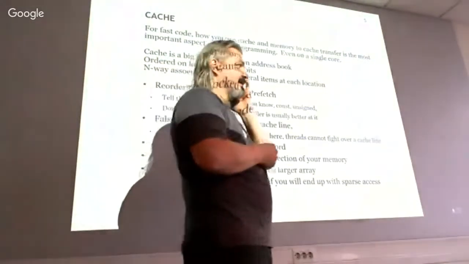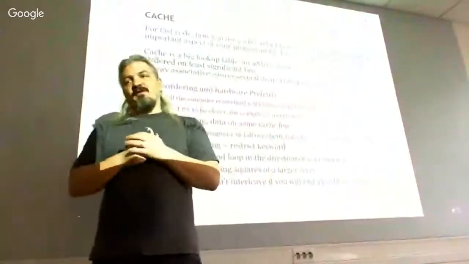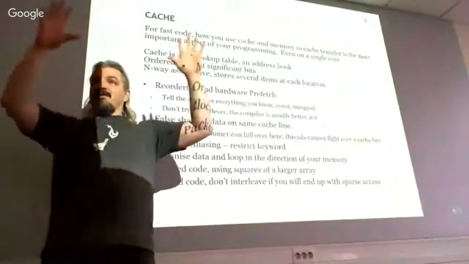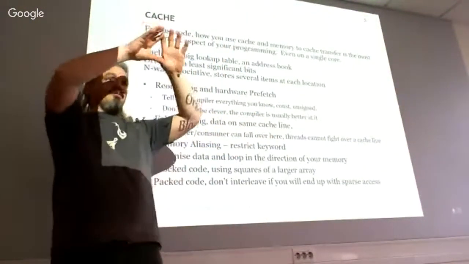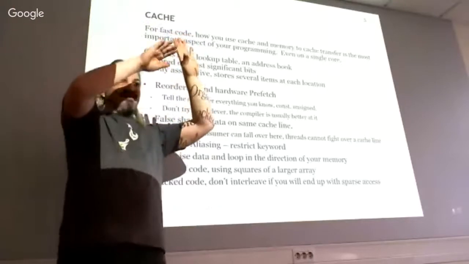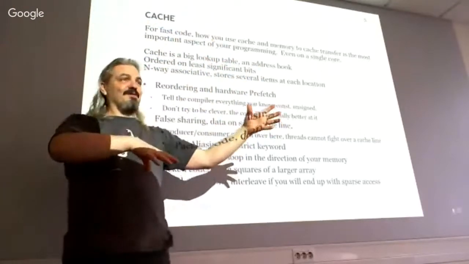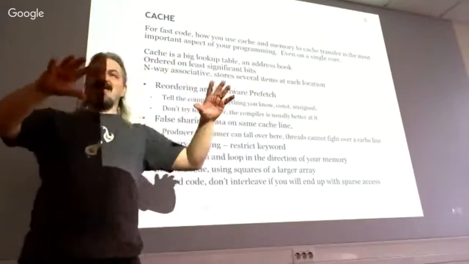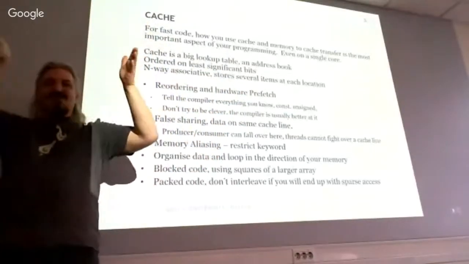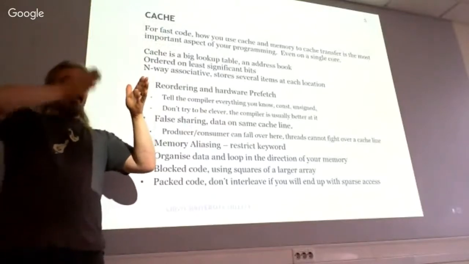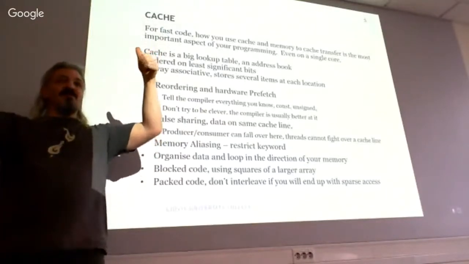In fact, one of the ways, if you're doing image processing, right, there is a way of doing the Gaussian blur. You do a 3-dimensional Gaussian blur as two 2-dimensional Gaussian blurs, just a piece of math, right? And so 2-dimensional is faster because you only have to go this way and then you go vertically. Going vertically is going to be really slow. And so what you do is you do an image